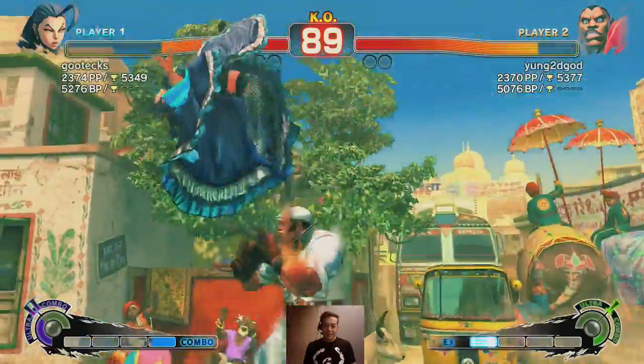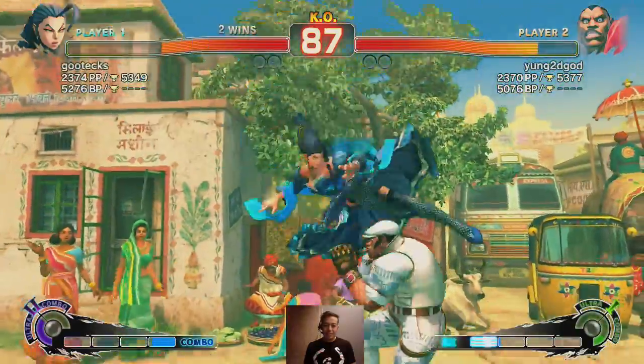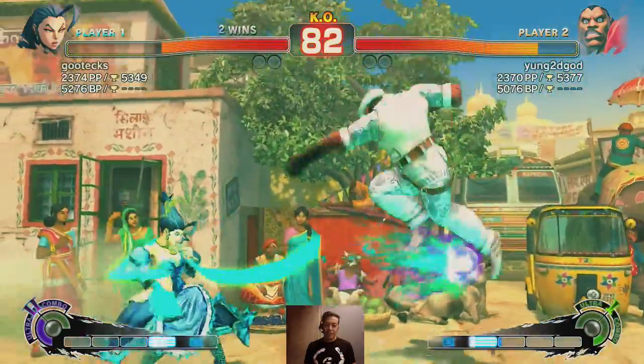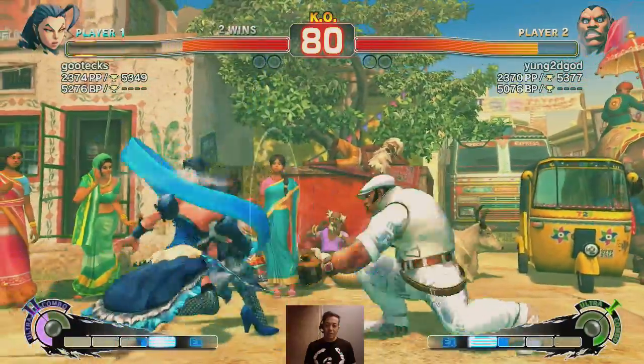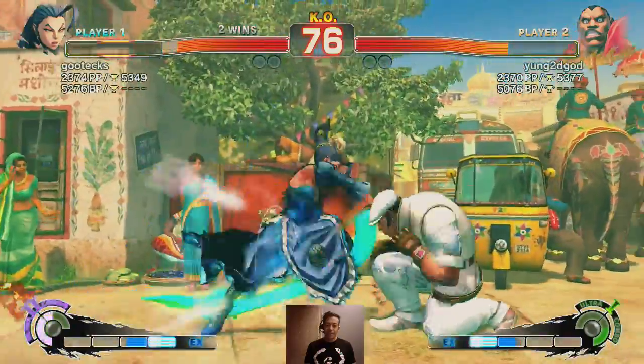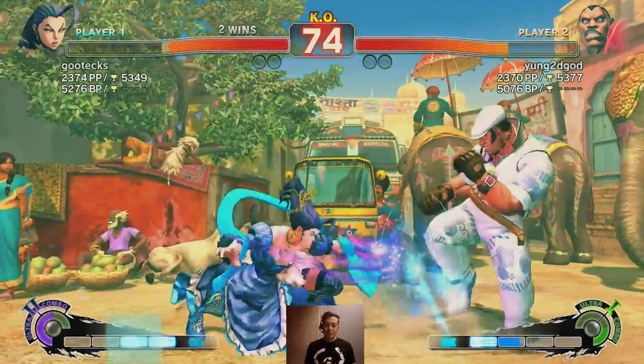Alright. Okay, here, yeah. So I'm overextending right there. Getting a little too anxious. He's got a really good life lead. This is definitely not where you want to be as Rose. Rose doesn't have a whole lot of ways to make big comebacks. So if she loses the life lead...